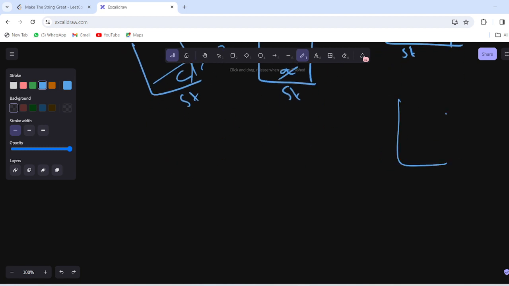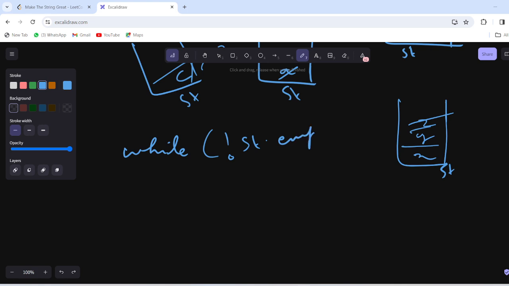Now we got our stack. In this problem the stack is empty, but in case there are some elements x y z, what we are going to do is use a loop that will iterate over the stack until it is empty. And we will take a string answer in which we will put our answer.